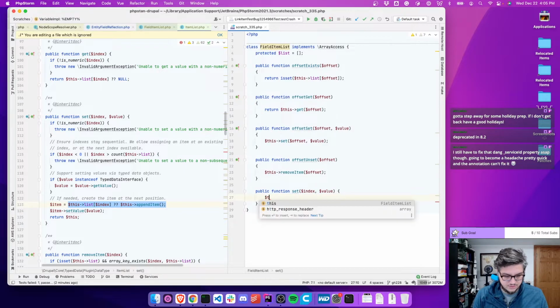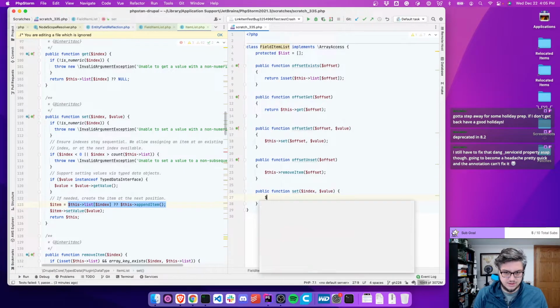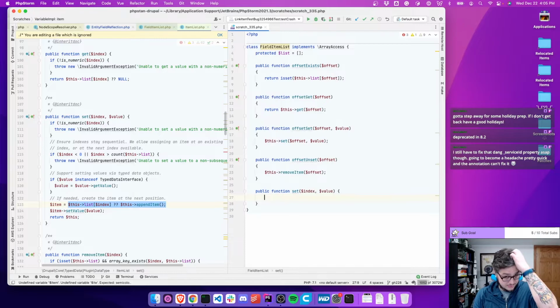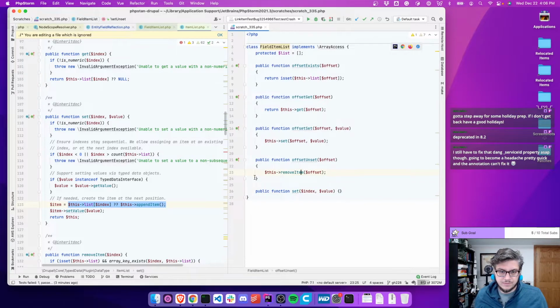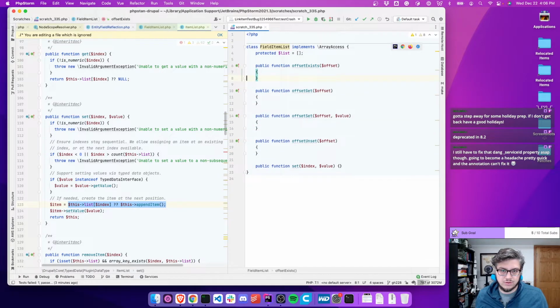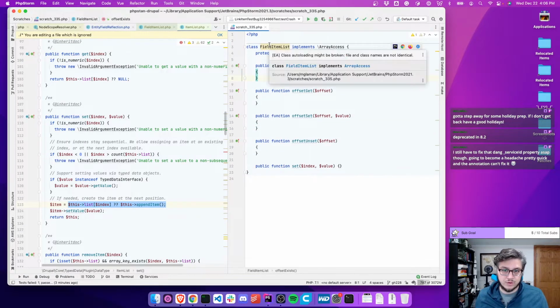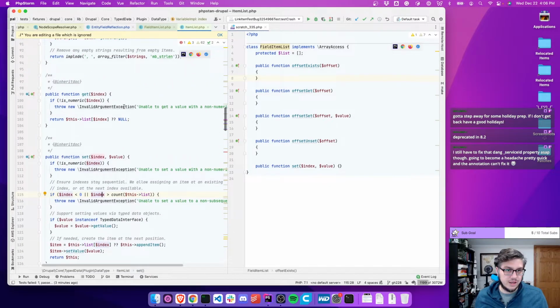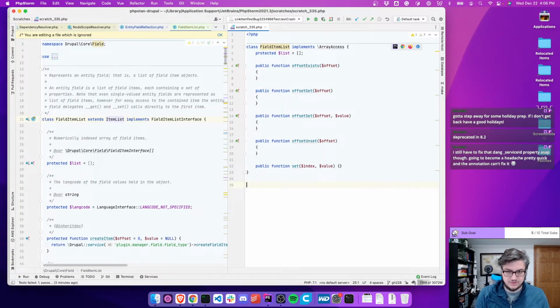Say this. Whatever, I don't need to get that far into it. That's right, I just need these to exist. They don't need to do anything. They just need to exist, as far as I know, to prove that we have this working. So field item list, and then we can have, oh wait,